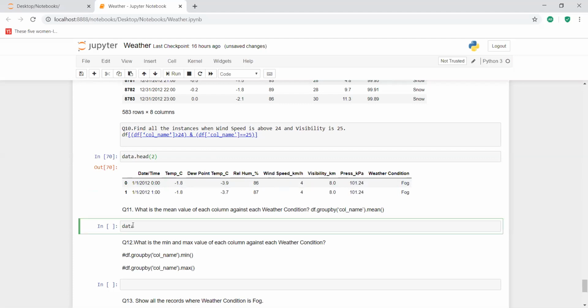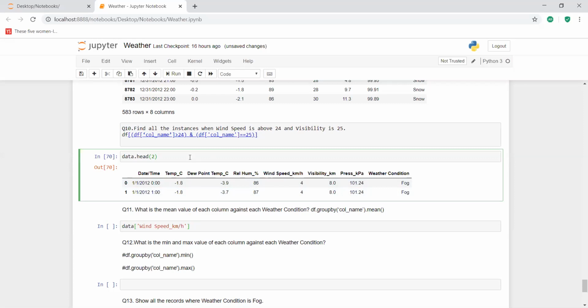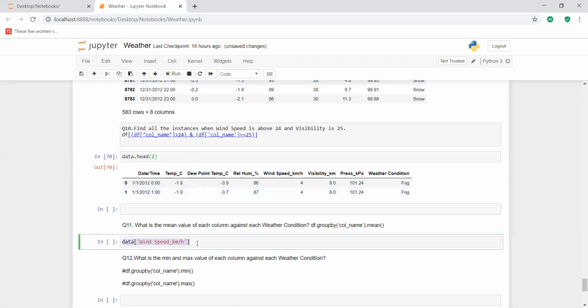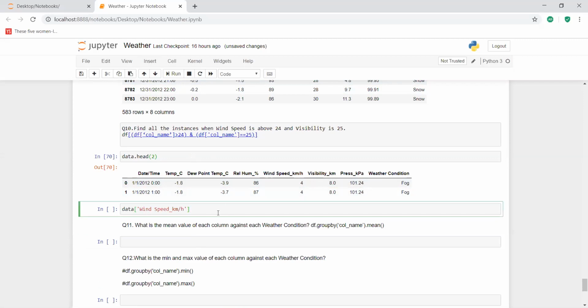We have to refer to our wind speed. Wind speed should be above 24.